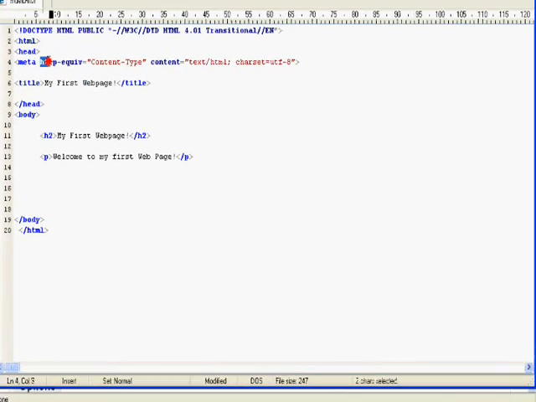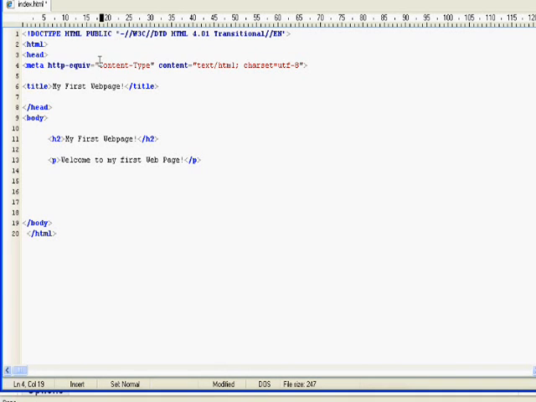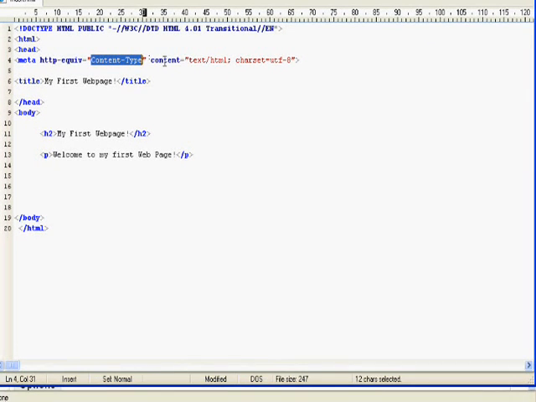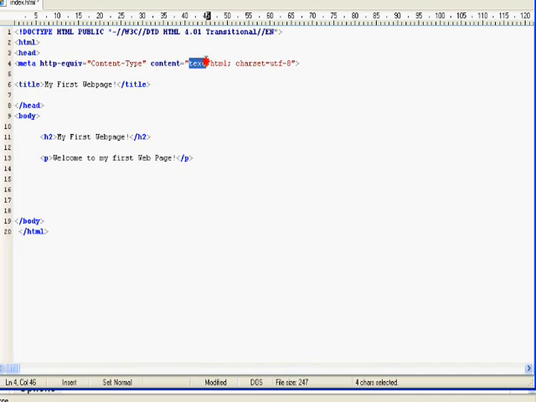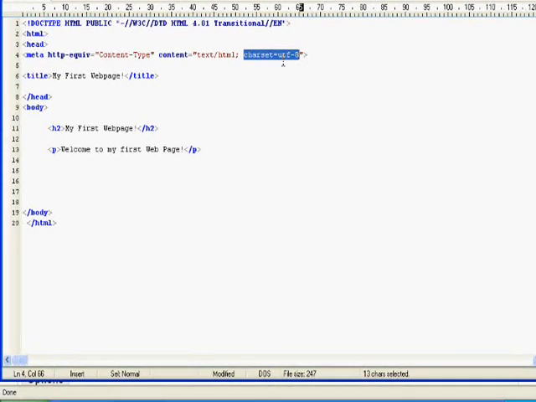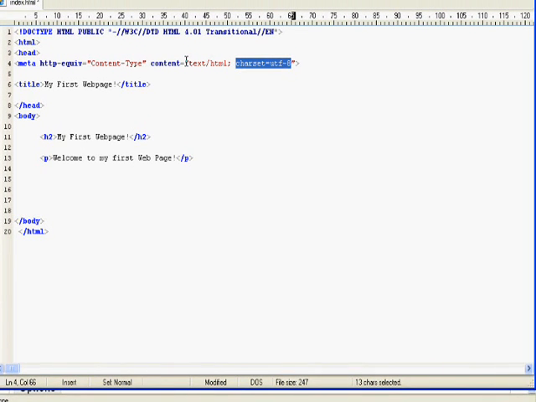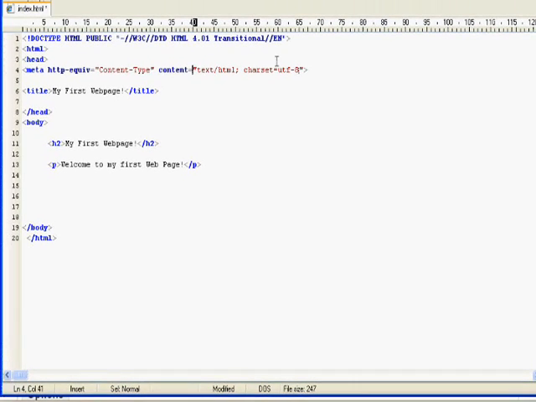The HTTP equivalent content type just lets the computer that's rendering your page know that this is a content type page. And then the content is equal to text in HTML. And the character set UTF-8, it's a set of characters that have been established for the English language, and it allows the computer to know that for the most part everything on your web page can be saved through the UTF-8